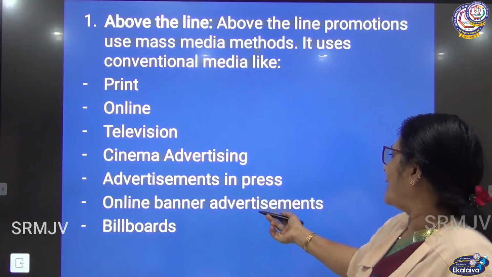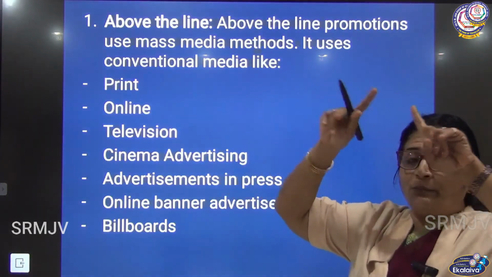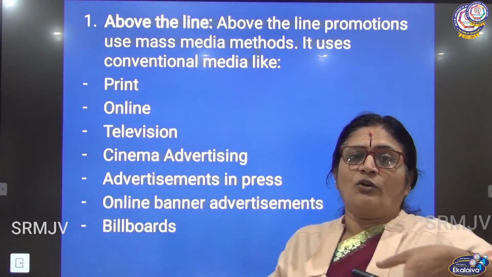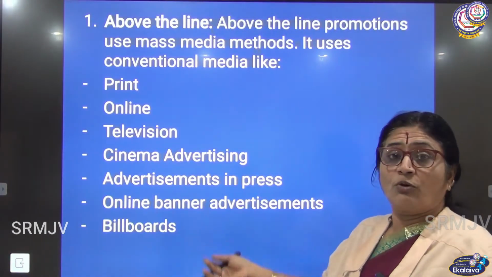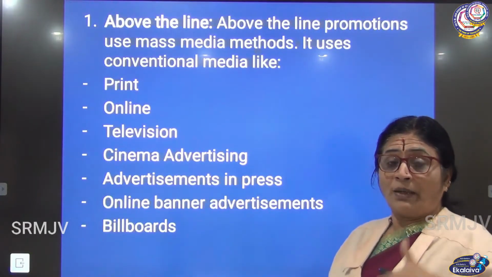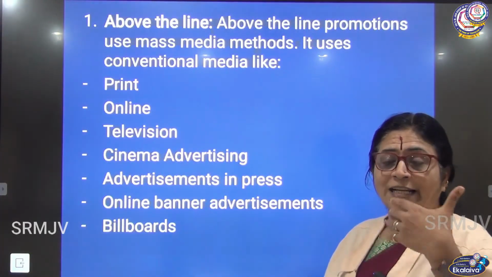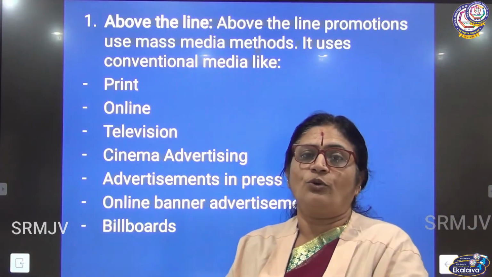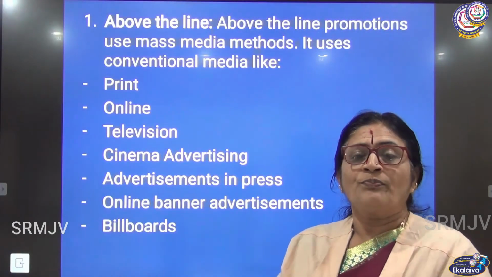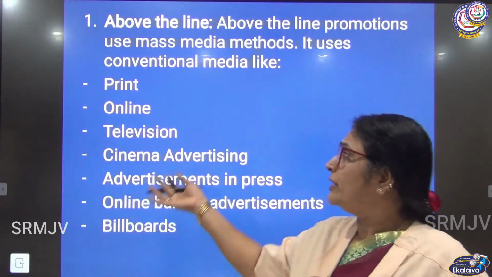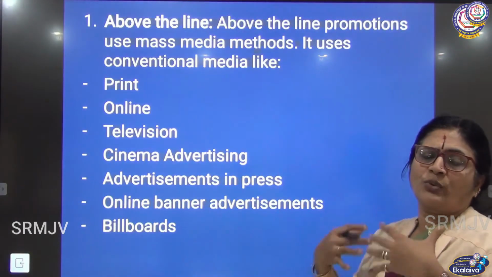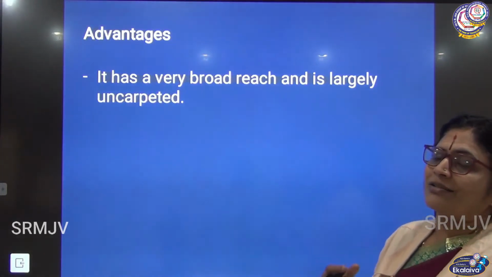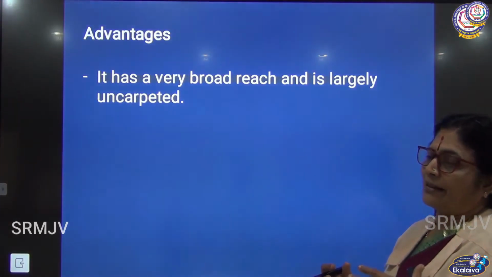Okay. So online banners, advertisements and billboards. You find big electronic billboards, like at the crossing, zebra crossing, or where you have signals and all. Huge boards. Maybe you're opening a new showroom, or it's a textile shop, or a jewelry shop, or a particular brand of sari that is coming to your showroom. So if you want to advertise, this is one of the approaches through which you can advertise. Fine. So let us see what are the advantages of using above the line approach.